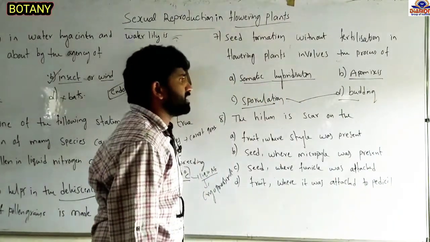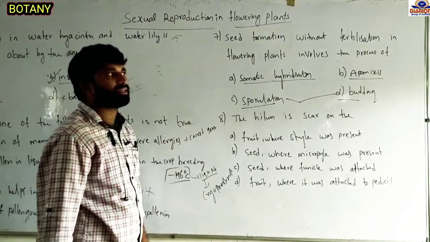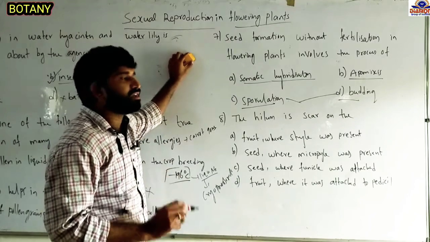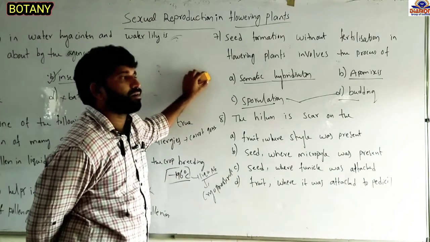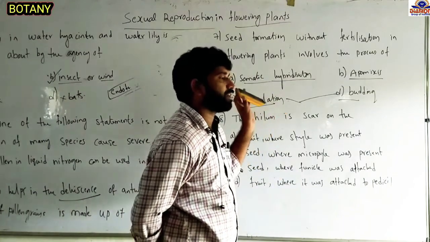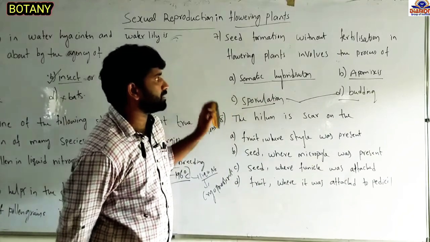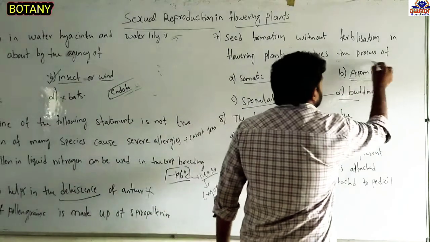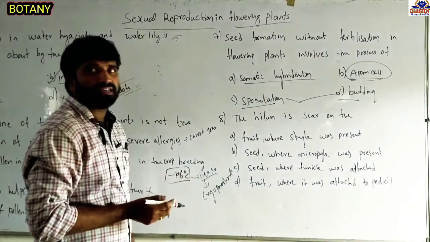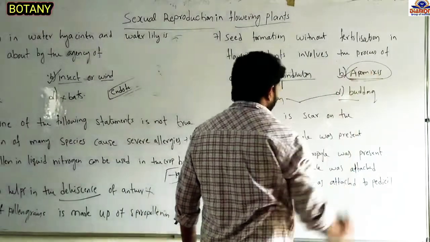That leaves somatic hybridization and apomixis. Somatic hybridization is a hybridization process that takes place between somatic cells. We see it in tissue culture. As one application of tissue culture, we can produce a new variety, the pomato, by mixing tomato and potato. So that is different. The remaining option is apomixis. Formation of seed without fertilization is called apomixis. So the answer is D.